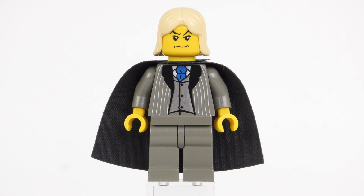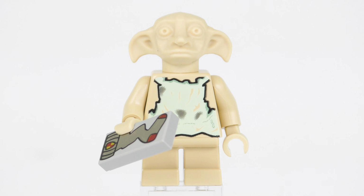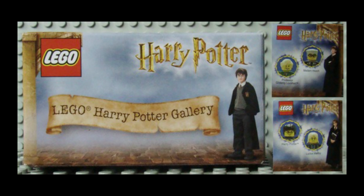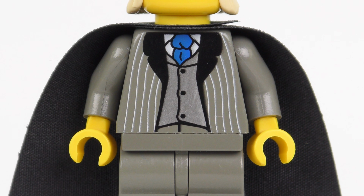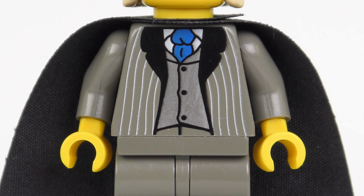This is the HP018 Lucius Malfoy with dark grey suit torso and dark grey legs. He appears in set number 4731, Dobby's Release, which also has a very creepy Dobby the house elf. He's also rumoured to appear in the Harry Potter Minifigure Collection Gallery 1 from 2002, which was a free gift with purchase. The torso print is exclusive to Lucius Malfoy and shows a white shirt with blue tie, grey vest,